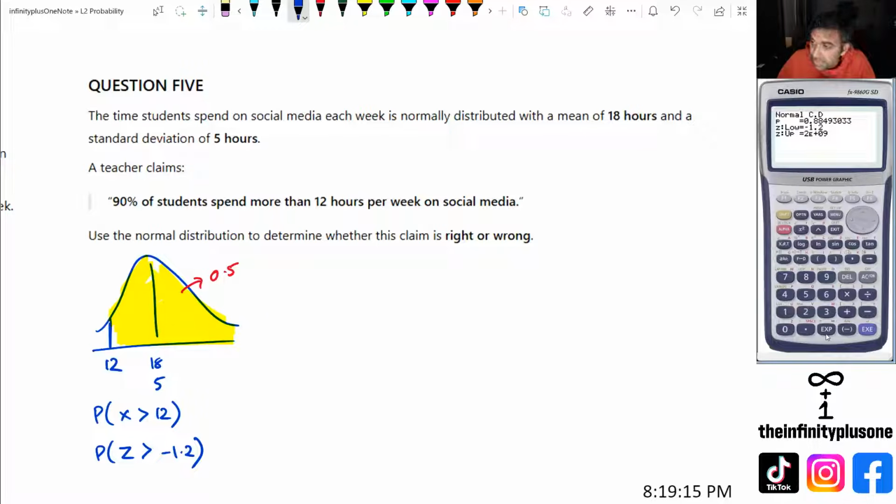And so this probability is now 0.8849. So I guess in this case, we can say, because the teacher is claiming 90% spend more than 12 hours, this is only 88.49. So technically the claim is wrong. So we might have to say something like this, claim is wrong